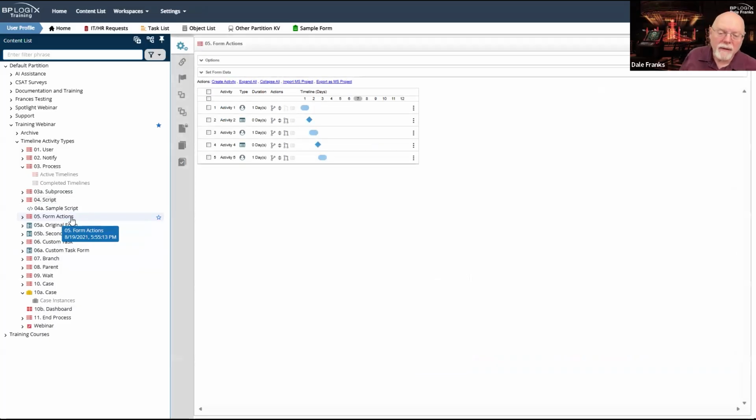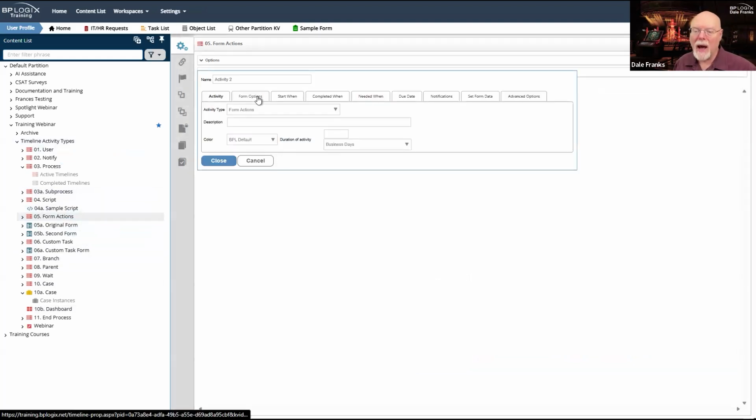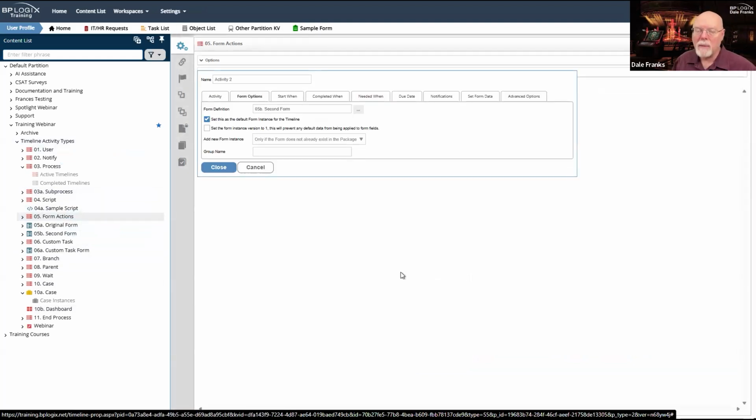Then we come to the form actions activity type. What the form actions activity type allows you to do is to manipulate the forms that are included in your process timeline. Most of the time, we think of process timelines as having a single form instance and a single timeline instance.